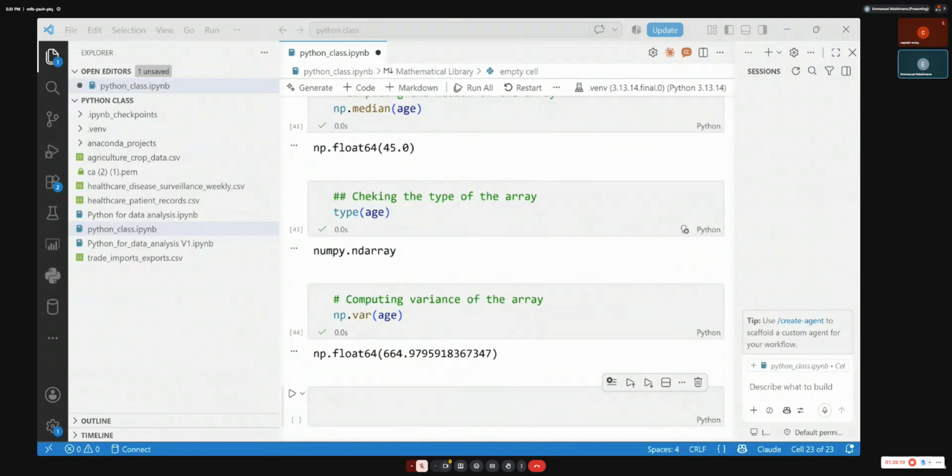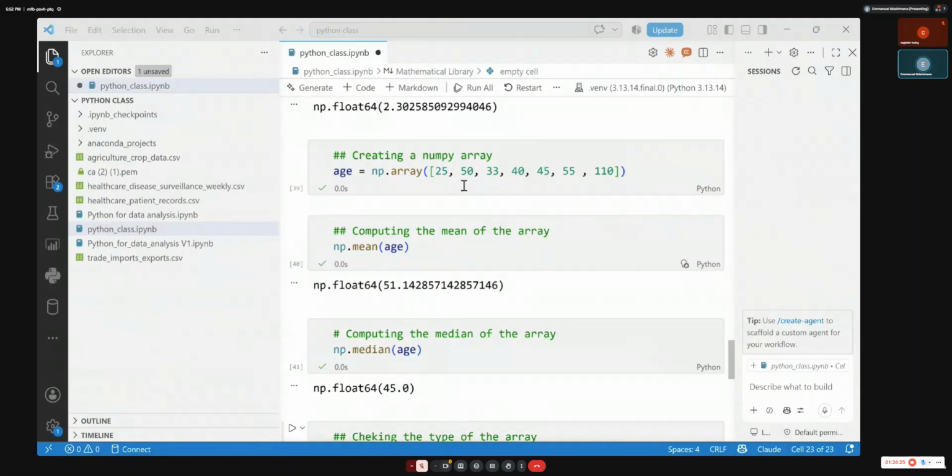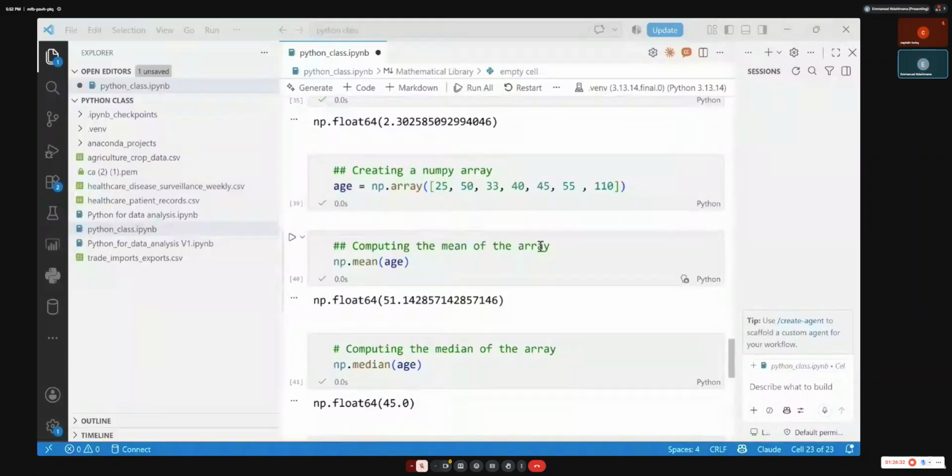Let me just show you from this list, so you will understand what this mathematical function is. Here n is 7, and then the mean.